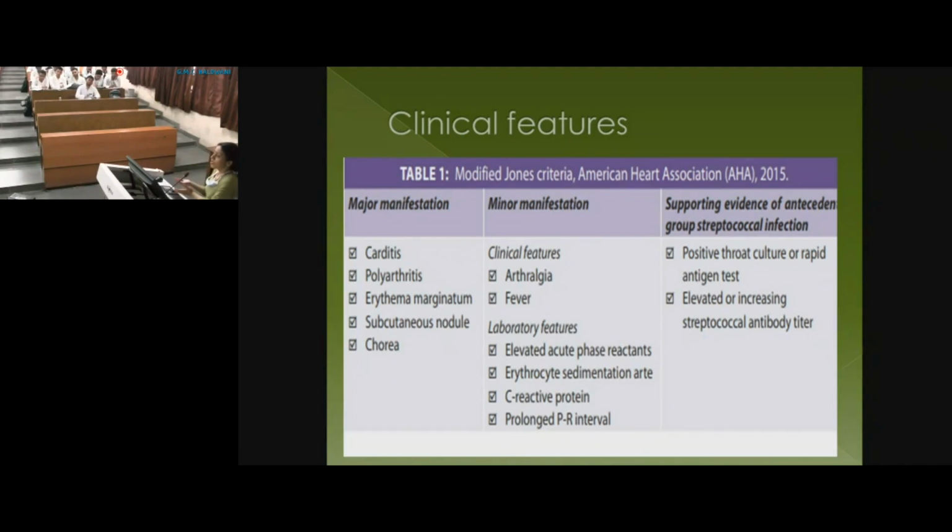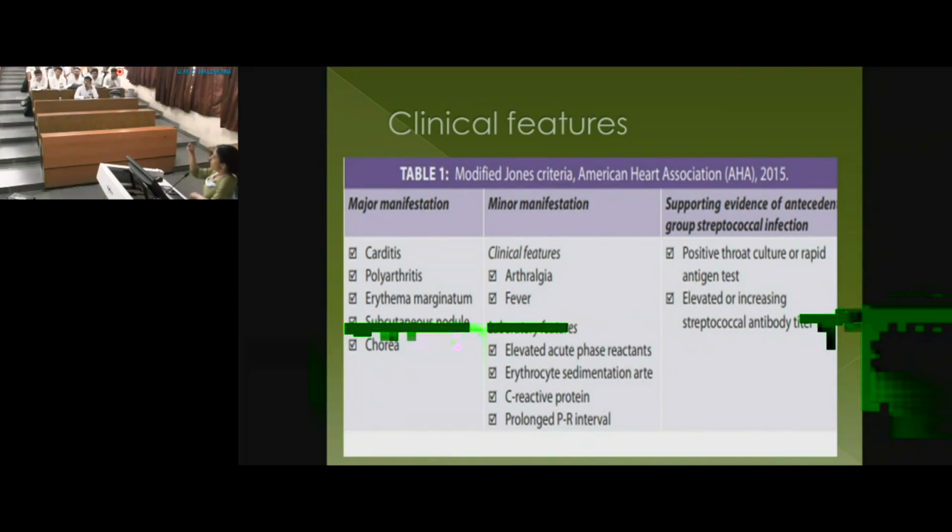Why we want to differentiate is because a child may be coming to you with JIA or septic arthritis and you want to differentiate these because the treatment is absolutely different, right? So in a high prevalence country, it's even monoarthritis or polyarthritis or polyarthralgia, just joint pains. That is also taken as a major criteria. And in low prevalence country, it has to be migratory polyarthritis. So in our country, even if you have a single joint or polyarthralgia or polyarthritis definitely, then it is a major criteria.